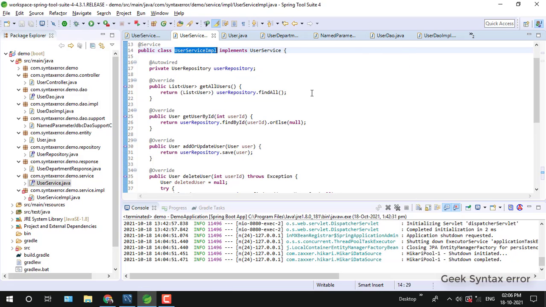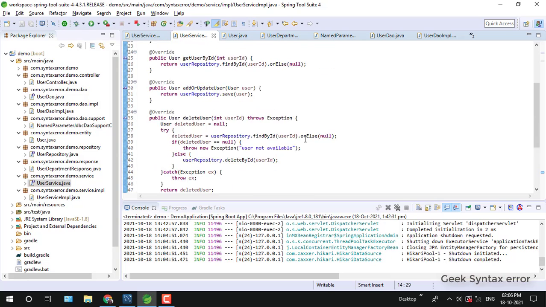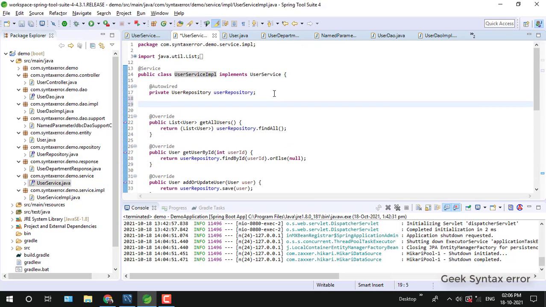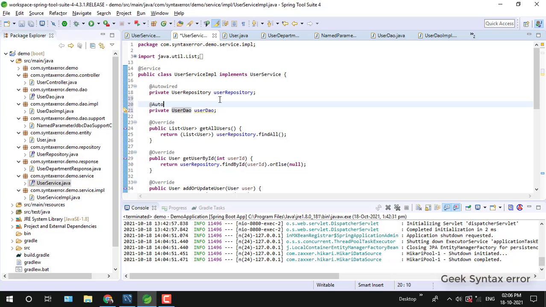In the user service implementation class, we have to implement the unimplemented methods. Before that, we need to autowire the DAO class here. Private user DAO. We are autowiring the DAO class in the service class.